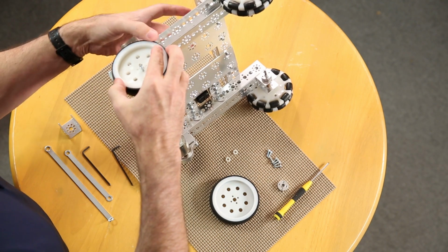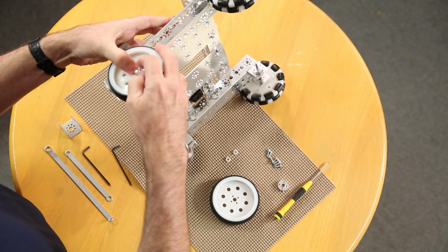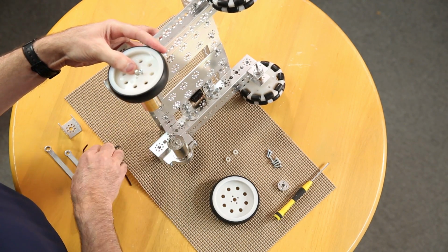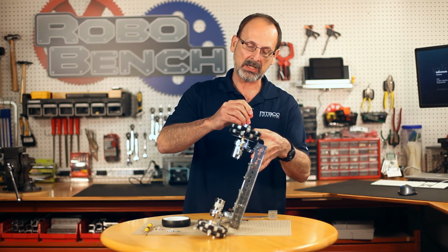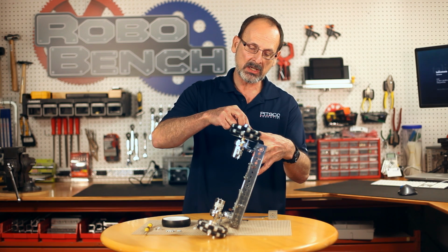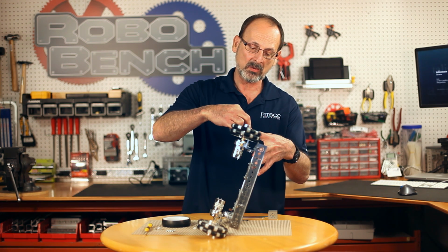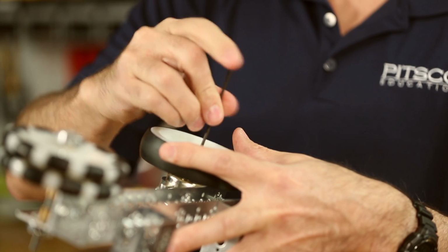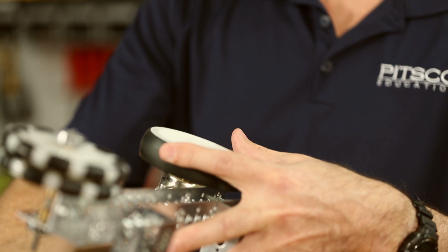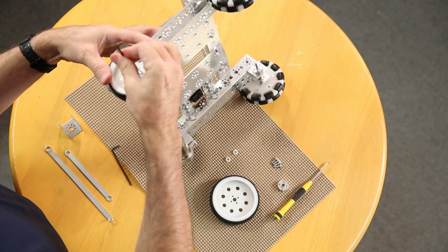Again, I'm going to turn this so I can see just for a moment, turn it back so you can see, just like that. Take my wrench, put this down, and this is just like putting on a tire on your car. You don't want to snug any one side down too tight. You want to do this so that you get an even fit across the wheel, because if you tighten down one too quick or too hard before you put the others in, the wheel will be potentially wobbly and not on the hub straight. So putting all 4 of these in,